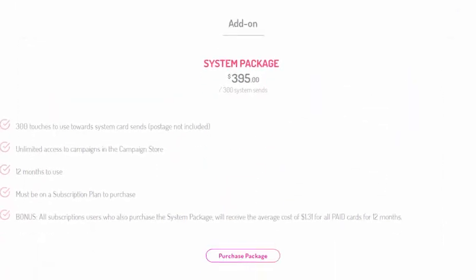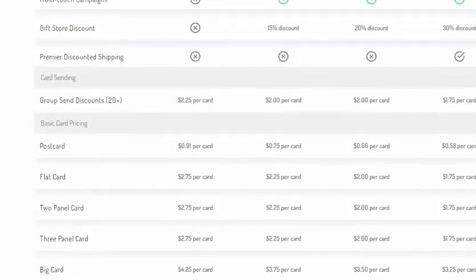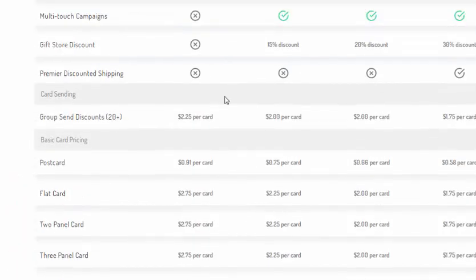All right, so now I want to go to the system package. Remember when I said at the beginning that there's the heartfelt card send, which is one card at a time, and then there's the system card send, which is that bulk mailing that's personalized and customized, but it's more of a, you build your card and then you go, boom, send it to these 20 people or these 50 people or however many. If you don't have some sort of an add-on package, then you are going to pay per